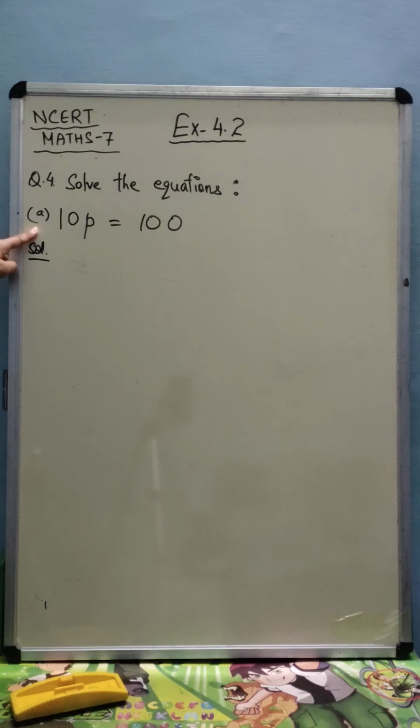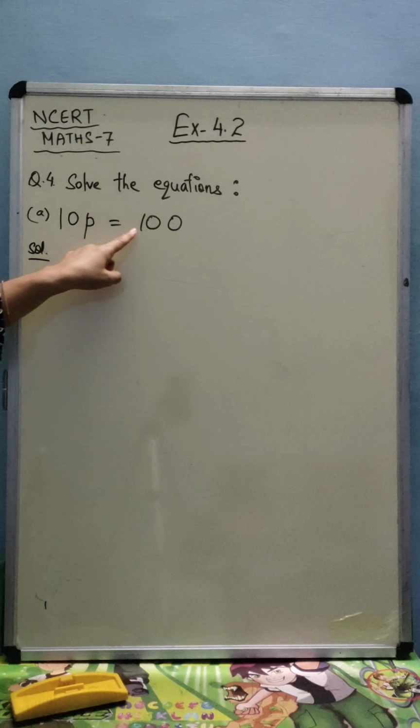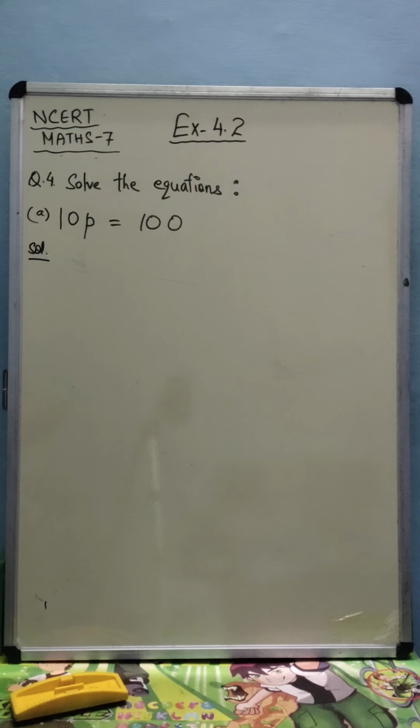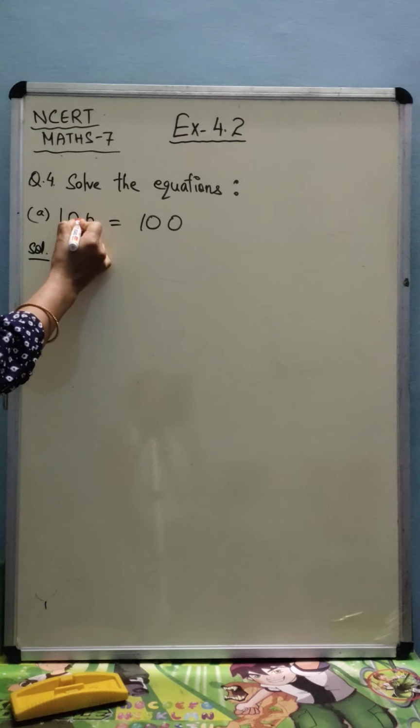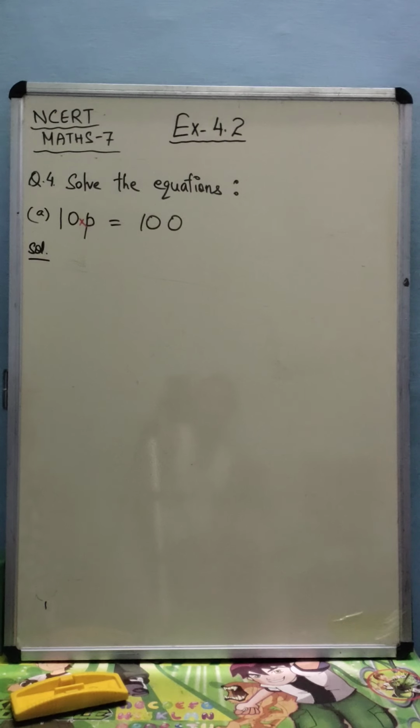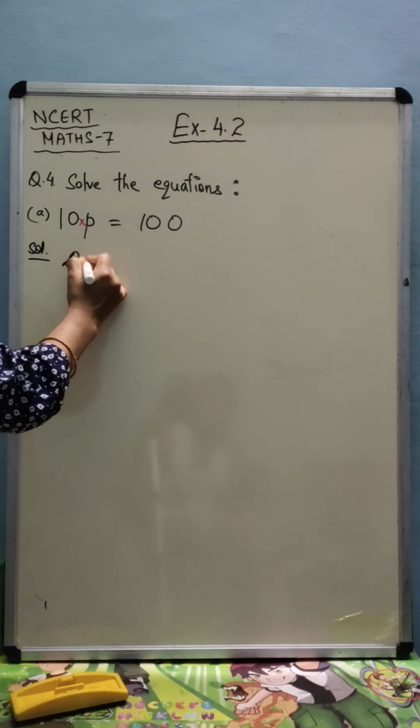The first part is 10p is equal to 100. So first what we have to do is remove this number from p. We have to remove 10. We can see that 10 is multiplied by p. So to remove this 10, we just divide by 10. So we will write dividing by 10